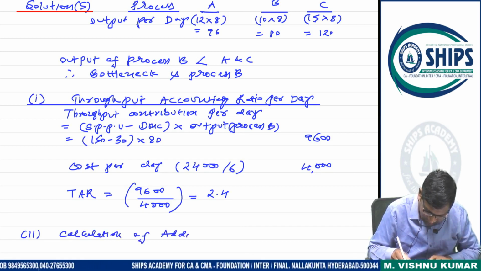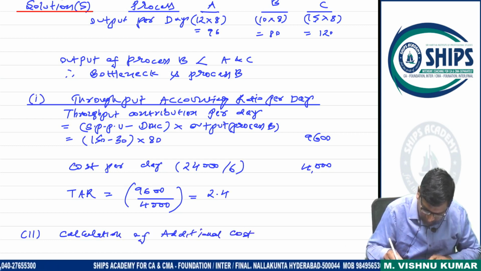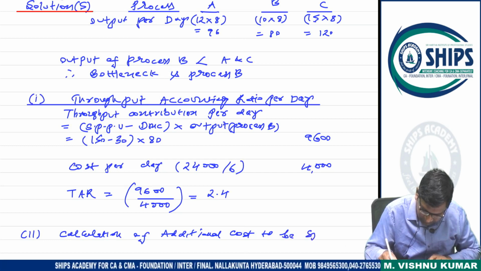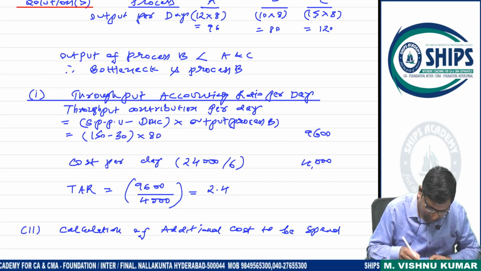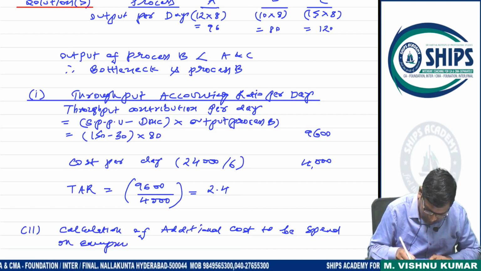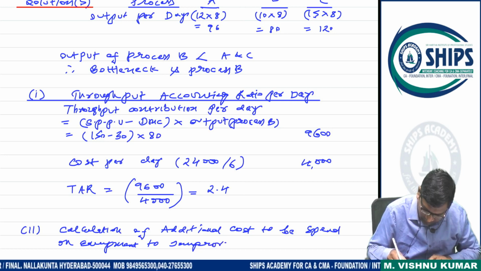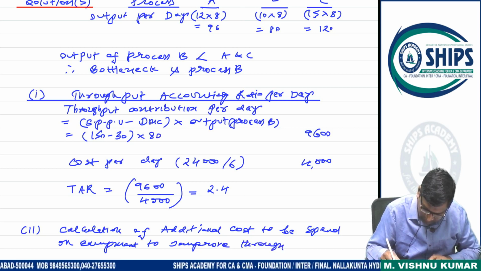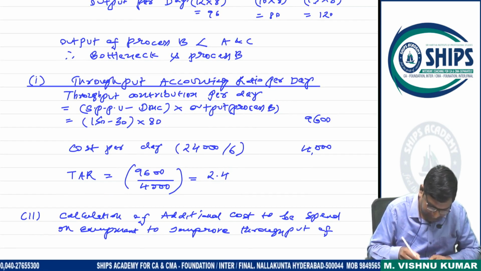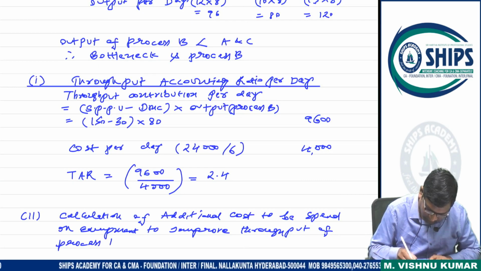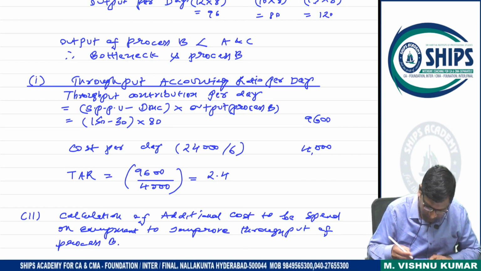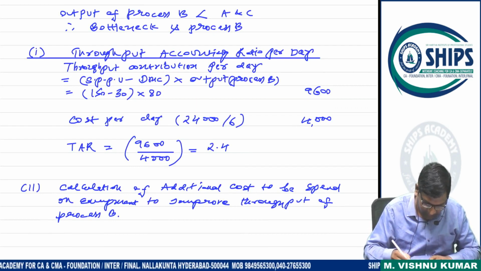This is the calculation of the additional cost to be spent on equipment to improve the throughput of process B. First,